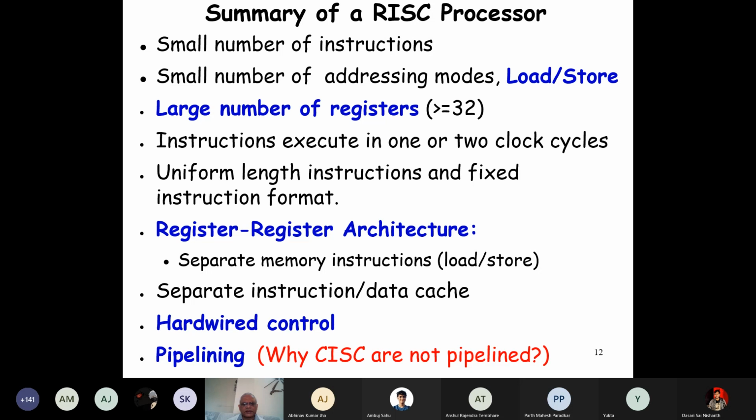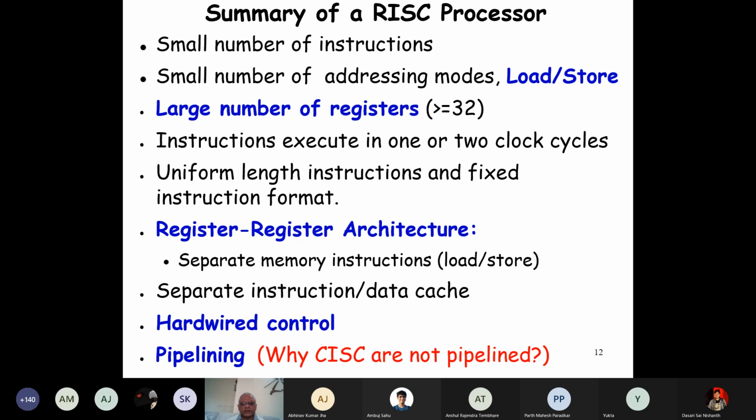And the other thing is that instruction access is typically sequential, whereas data access is more random. If we mix them up in the same cache, then it creates difficulty. We'll see that later, that to have an optimal cache, we need to separate them out into two different caches. And that is there in all RISC processors. We'll get a clearer idea why we have separate instruction and data caches. But all RISC processors have two caches, one called the instruction cache and the other called the data cache.